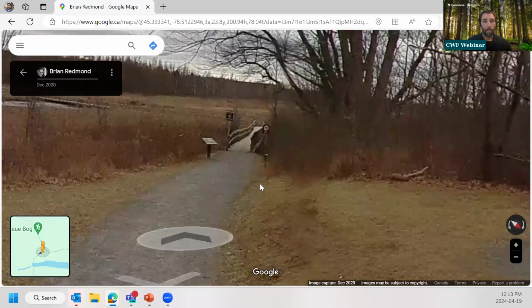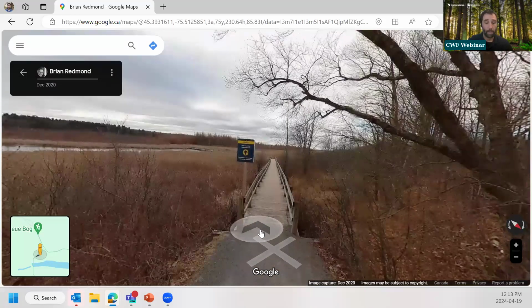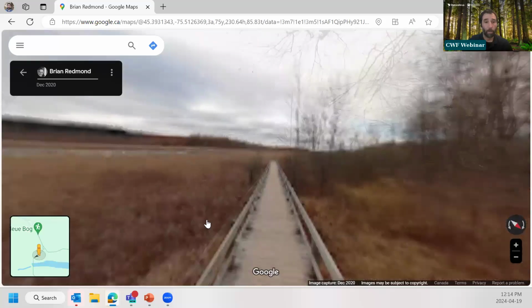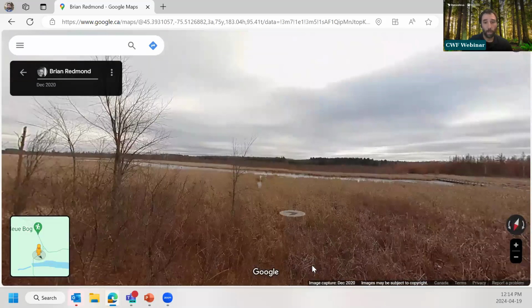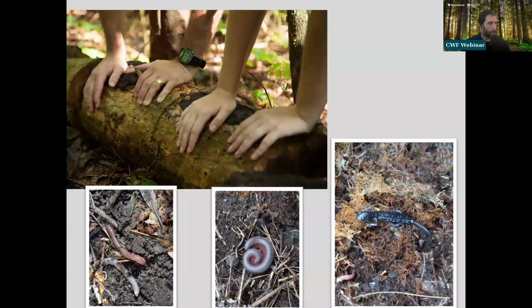So we're going to walk down into the wetland here, and the first thing we're going to notice, as I said, it's springtime here, so there's not a lot out yet, but the shoreline vegetation is still noticeable, even though it hasn't fully come out in its full greenery. So we're going to take our first observation right here,